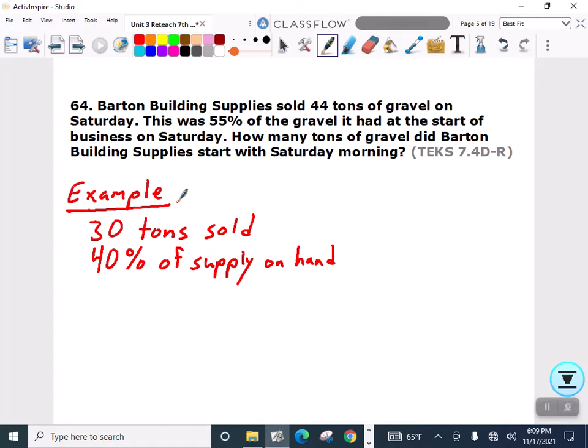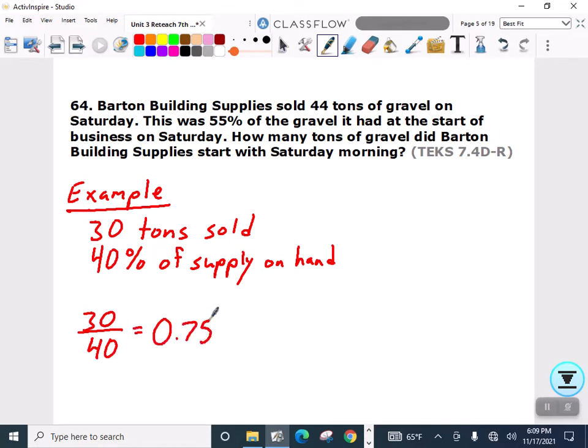That will give us the total amount of gravel that was on hand, or whatever the item is. So what you do is you take what was sold and divide it by the number of percents, and we set this 30 divided by 40, and that's going to produce